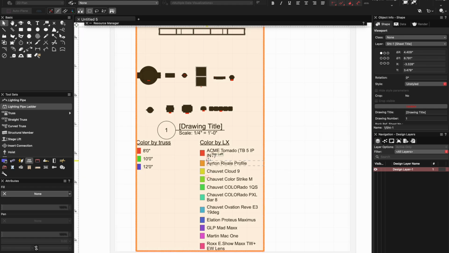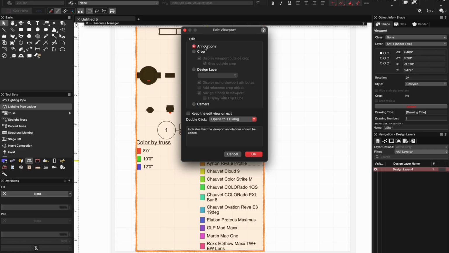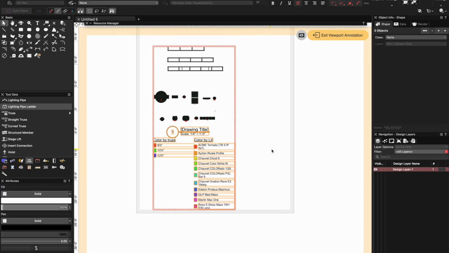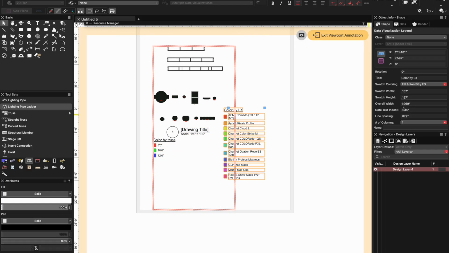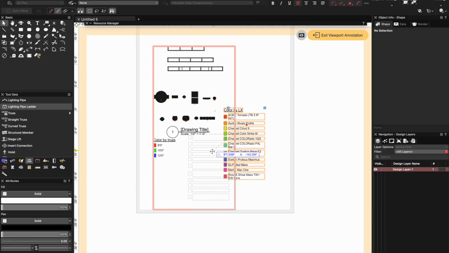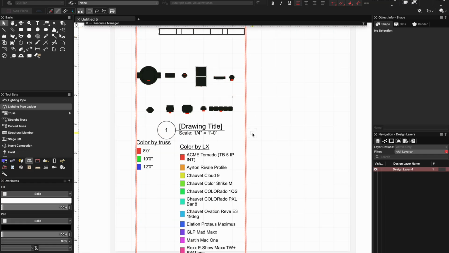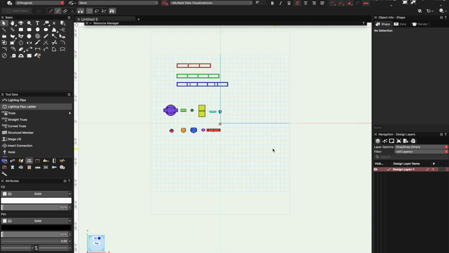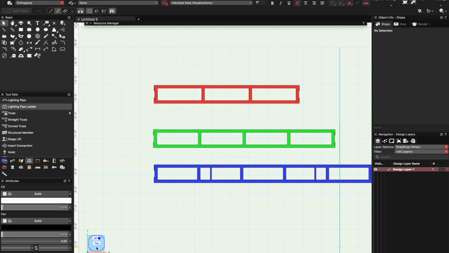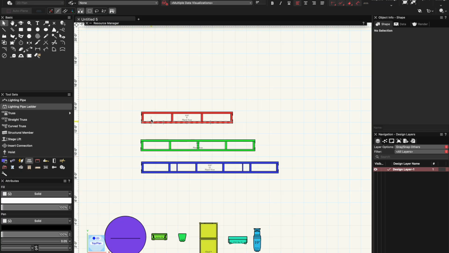And it gives you a key in your annotations of what's what. And you can go in here and change some stuff, but it's pretty good. You can get pretty funky with these data viz. You can do it also for stage decks. I've done it for audio, for speaker hangs, for pipe lengths,